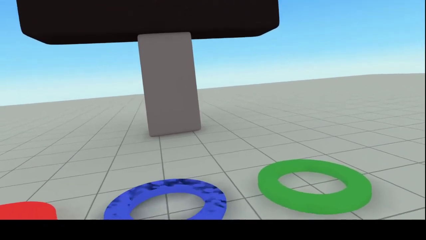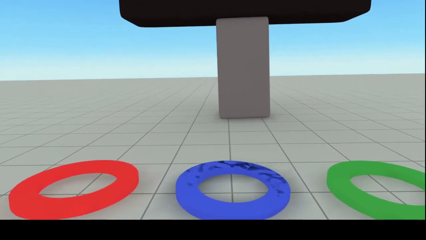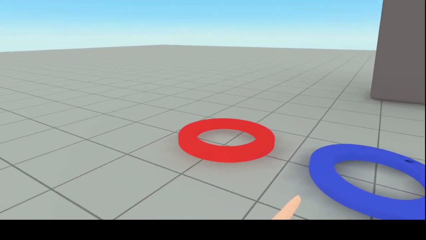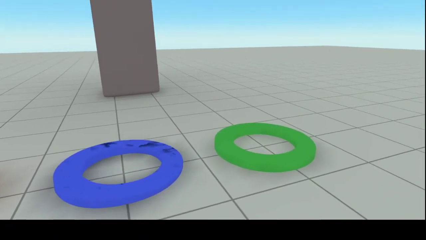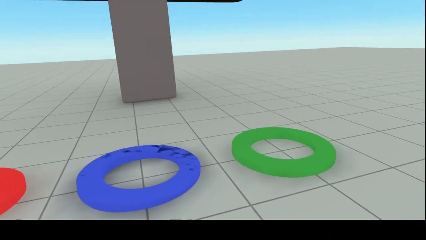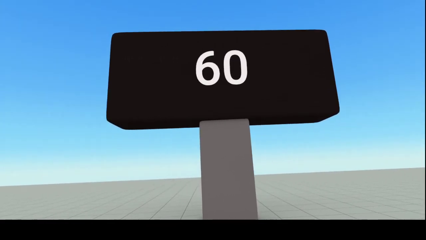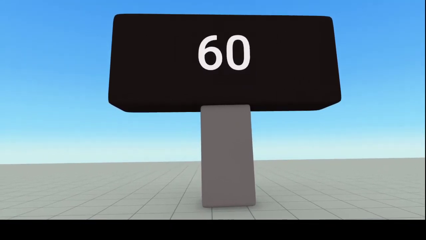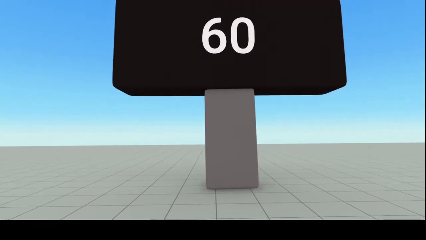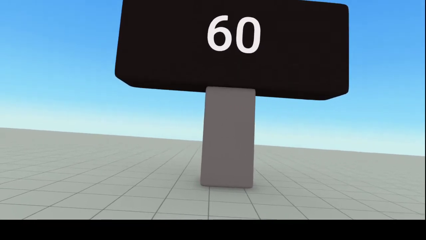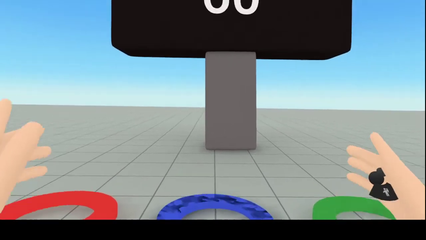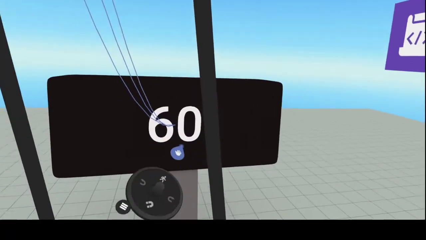So in the first part, we did an overview of scripting, and we wrote some script to make it so that when you step on these markers on the floor, the color of the text up there changes to match the marker color. In this script, we're going to just do a timer. So right now, you see the number up there is set to 60. We're going to make it so that it times down to 0, and then maybe play a sound or something. We'll figure that out. So going into World Builder,